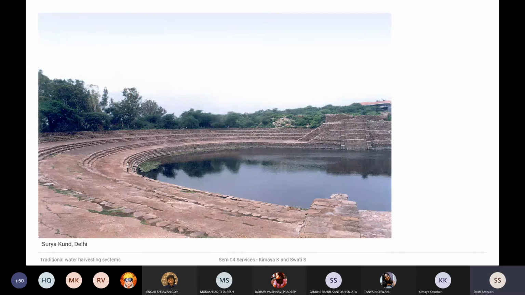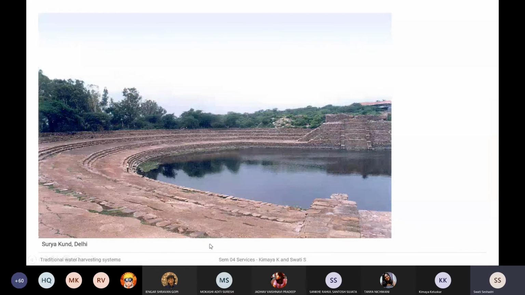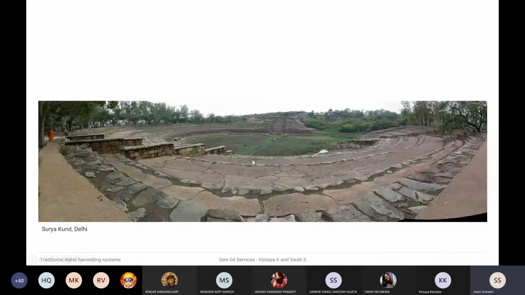And now I'm talking in both contexts of today and what they must have been doing at that point. Basically, depending on how much water you want to hold, and depending on how much water actually exists in the overall water table, you will decide what the depth of this kund will be. So you have your retaining or solid structure all around, and the bottom is an open bottom, so that it will rise or fall based on your condition outside.